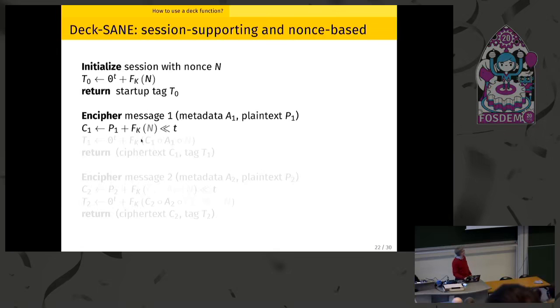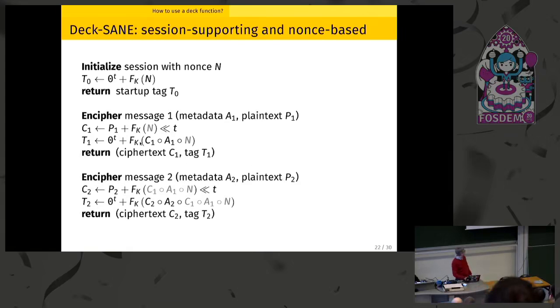You use the DEC function to produce some key stream, you encrypt it, as done 2 or 3 slides before, and the tag includes everything, including the metadata and the ciphertext. Now, because we already processed the nonce, this nonce is now grayed on my slide. It means we don't need to pay for it. We just pay for the metadata and ciphertext. And if I have a second message, then I need to pay the price only for this second message.